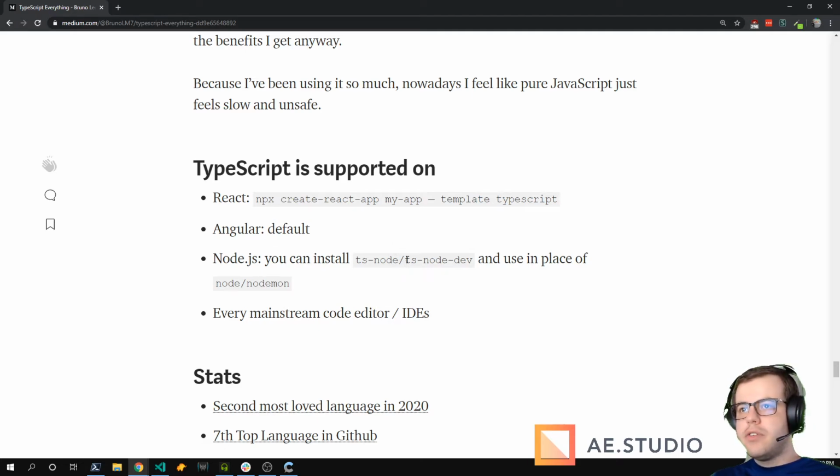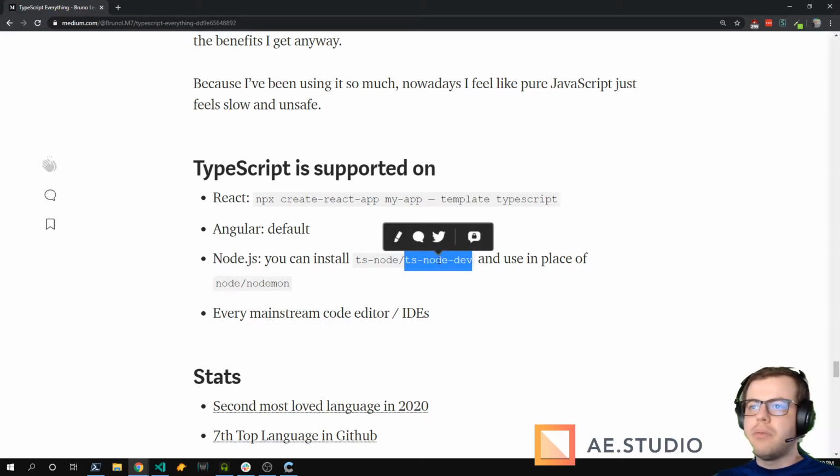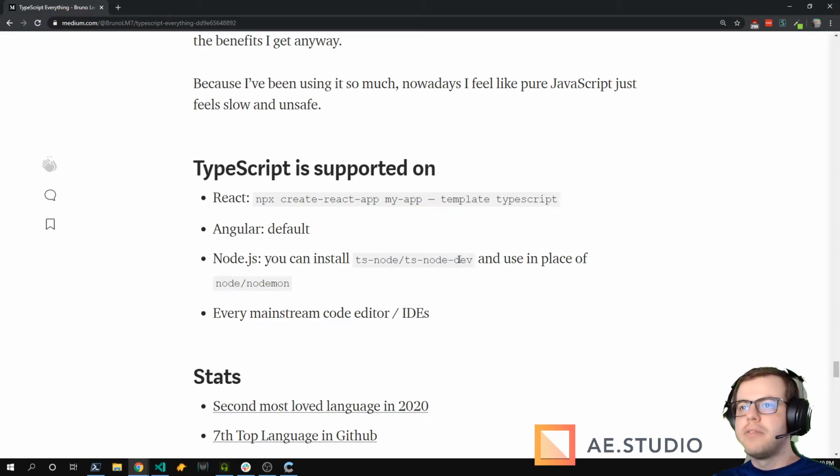And there's also tsNode dev, which is a wrapper for Node dev. So basically, both of these are just wrappers. We have Node, and then tsNode, which is the wrapper. We have Node dev, which is a package, and then tsNode dev, a wrapper for TypeScript on Node dev.